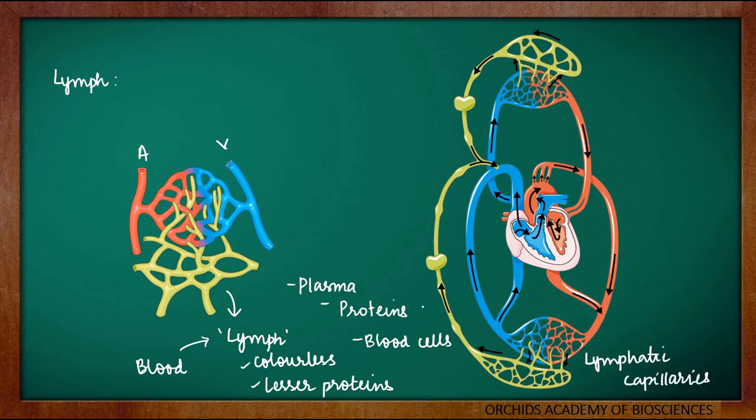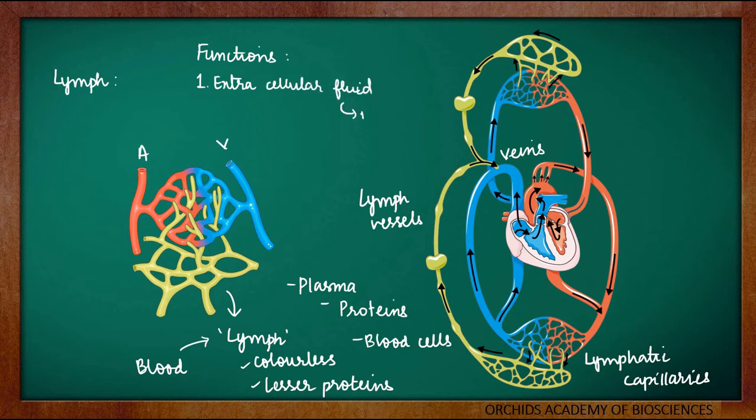And then these lymphatic capillaries will further join to form the lymph vessels, which carry the lymph and will open them into the veins. So lymph will be drained into the lymphatic capillaries, which will go to the lymph vessels and finally veins. So all the extracellular fluid is going back to the blood due to this fluid known as lymph. So when we see the function of lymph, the first function can be the extracellular fluid